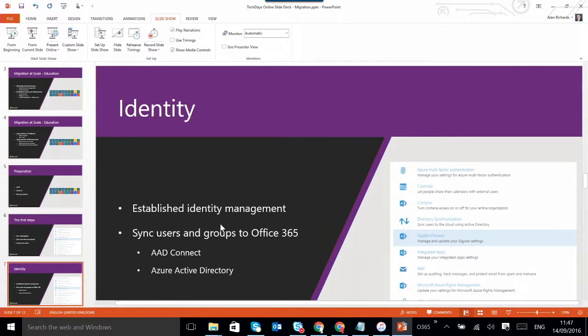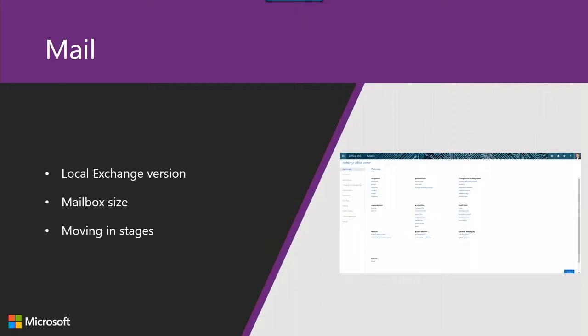So if we go back here, so mail. With most schools we work with, the first thing they want to migrate, the first thing they come to us and say, look, I'm thinking of going to Office 365, I want to move my mail. Because to be honest, it's an extremely quick win. Microsoft have put into place a lot of tools to migrate your mail to Office 365. And if you get that hybrid mode, as I talked about, configured, it's extremely easy to move them to the cloud. Not wanting to outdo any partners of any work, obviously. But you can do that and you can get them there. So that's what people come to us for.